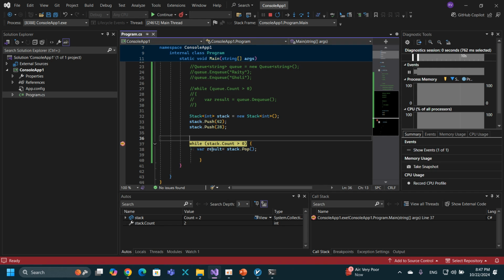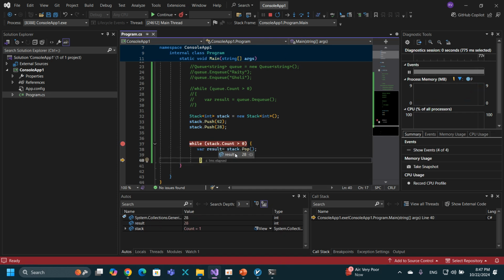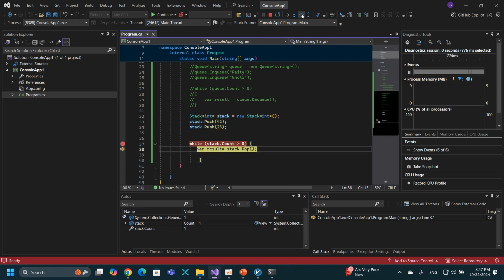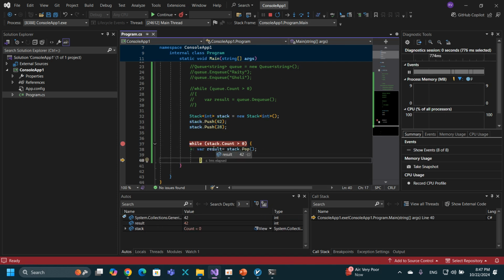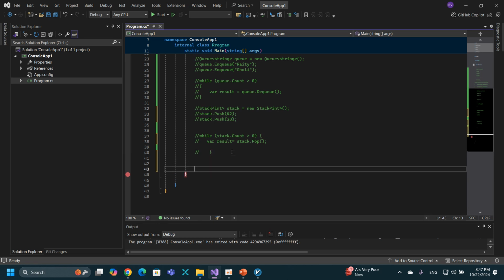And in this while loop, here it returns 28 because it was the last item, and it follows a last in first out approach. So in the next iteration we can see 42, and that was stack. And let's see the last collection,